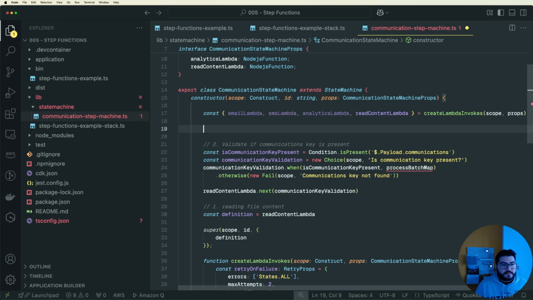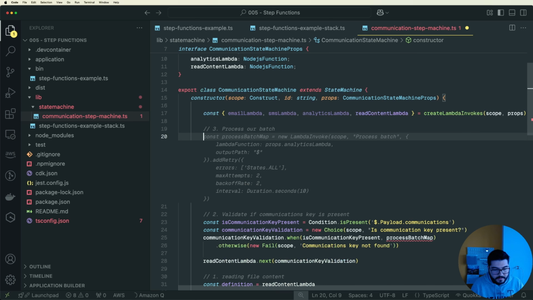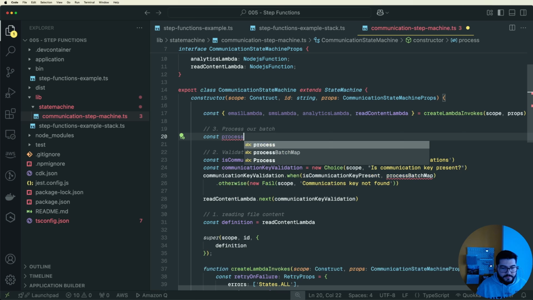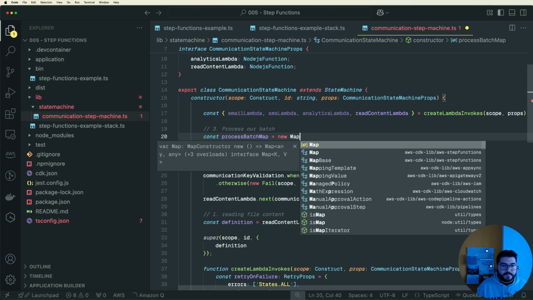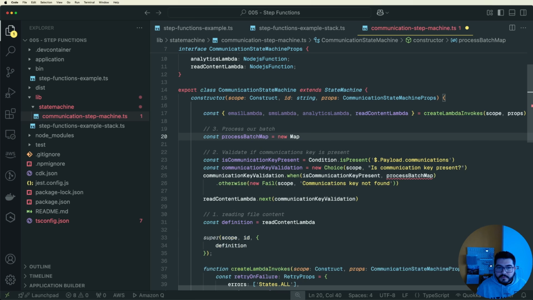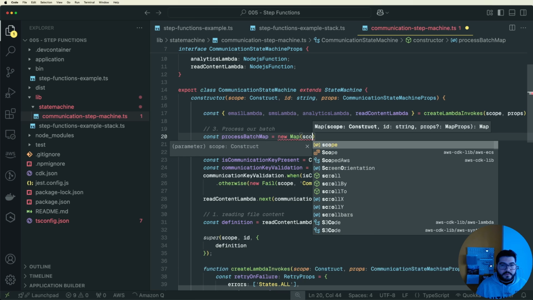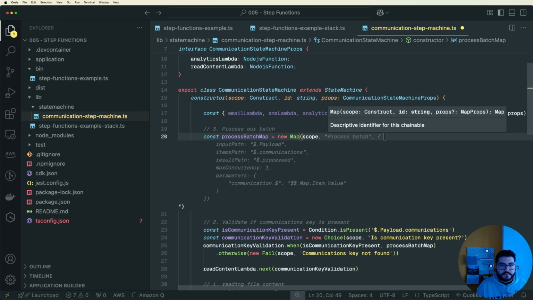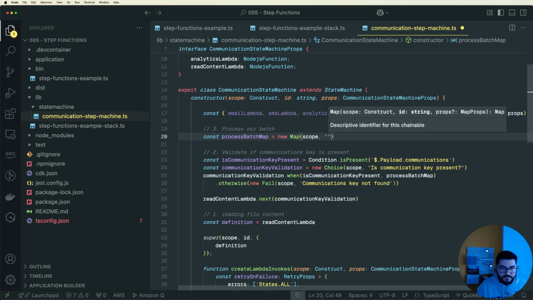So now the next step is to iterate through our list. So we're gonna process our batch. So let's create a process batch map. That is a map. Yeah, there's map scope, and we're gonna call process batch. Let me just ignore the suggestion. Process batch,